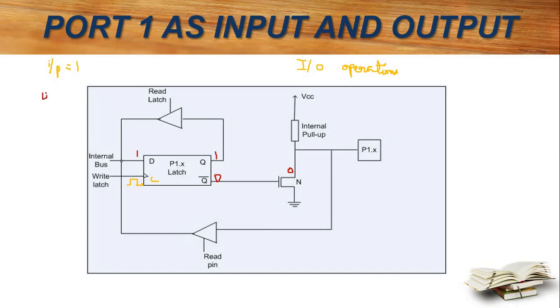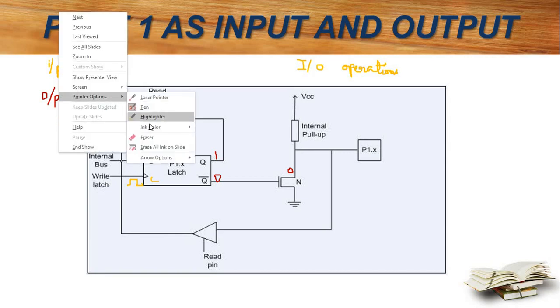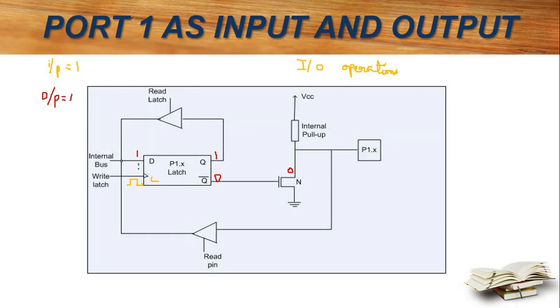Next, output. In the output pin, we need to discuss two conditions: when output equals 0 as well as when output equals 1. Now I am giving an output equal to 1. When output is equal to 1, it is a similar function to an IO pin. See, output as 1 I am giving. Once the clock gets enabled, this Q will get the same input as what I am giving in D. It will take the inverse of Q bar, that is 0. So this transistor will also get an input of 0.